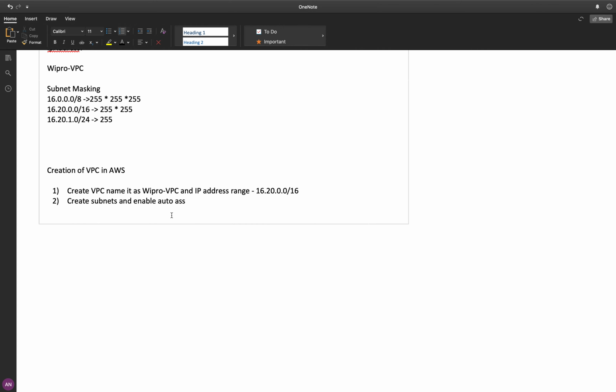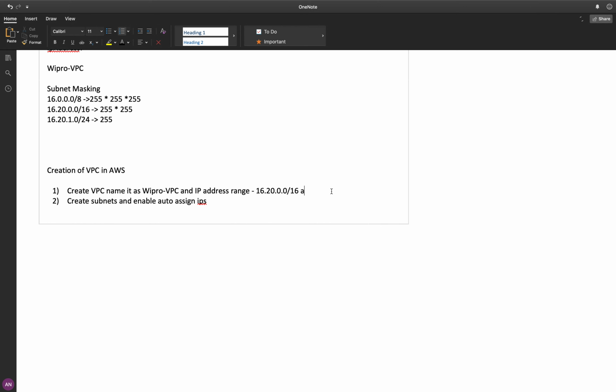When you create a VPC, you need to enable DNS names, so it will convert into a name. If you enable the auto-assign IP option, AWS will give you an IP automatically.